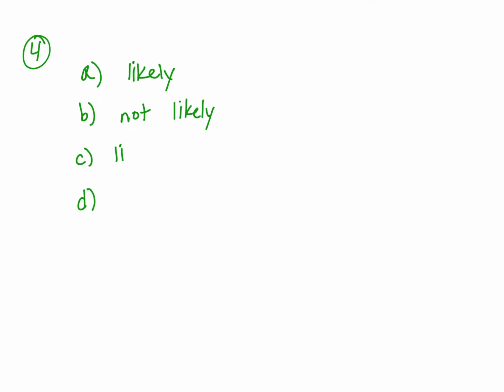which is pretty likely. And then D says the median age, meaning the middle age of those who attended the movie, was 17 years old as well. The mean and the median are two different measures of center, so this one is not necessarily. It could happen, but it doesn't always happen that way. So the most likely is